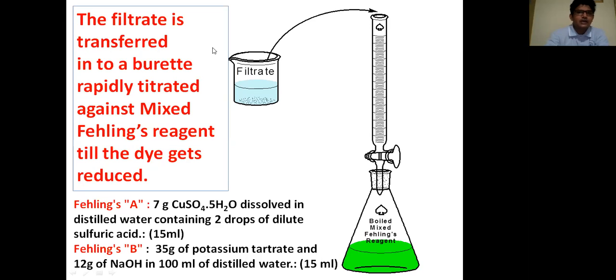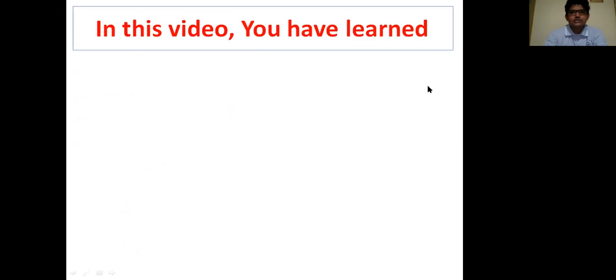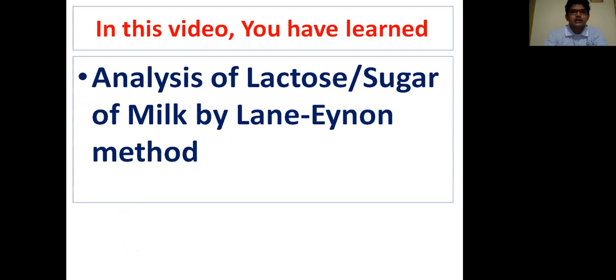In this way we can determine the amount of sugar present in the solution. From the burette reading, the amount of filtrate which gets reduced, we can calculate the amount of sugar present in the solution. So in this video, you have learned about analysis of lactose or sugar of milk by the Lane-Eynon